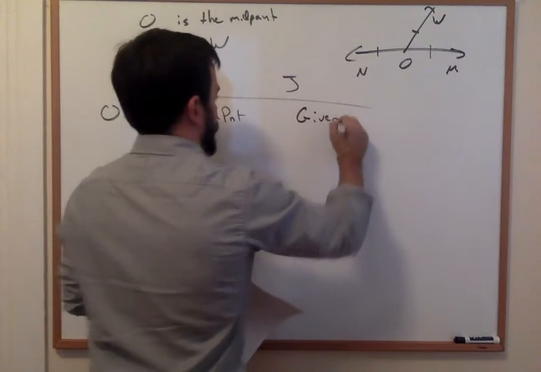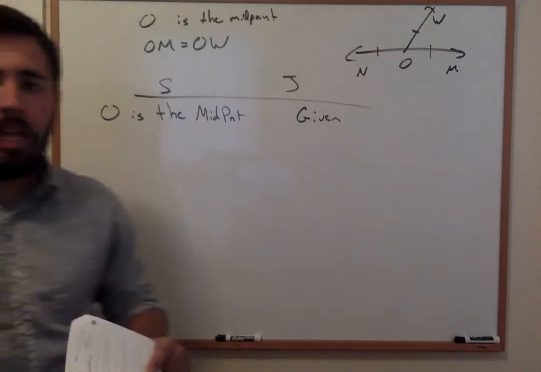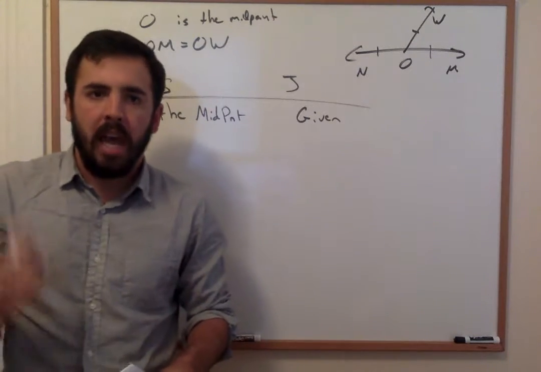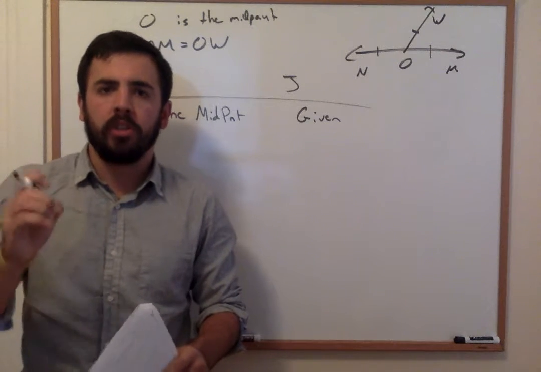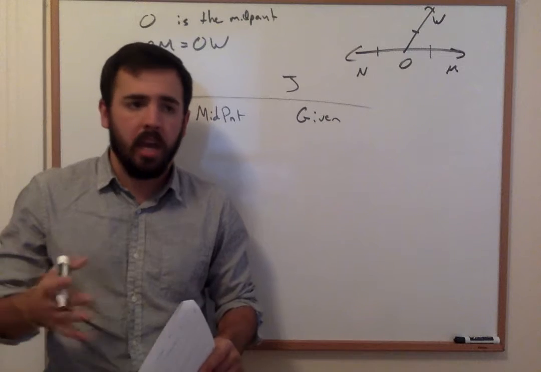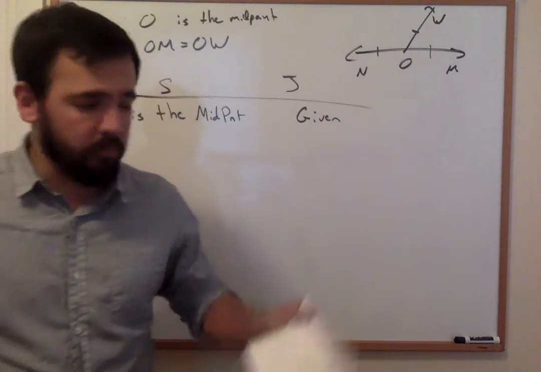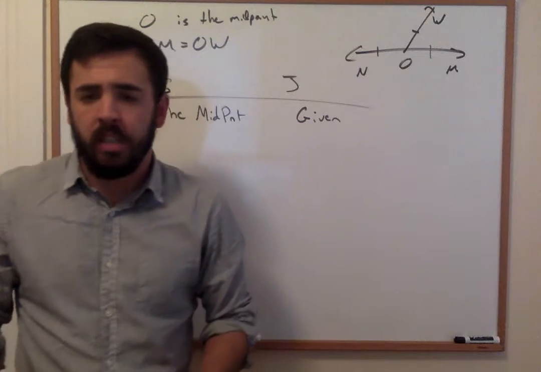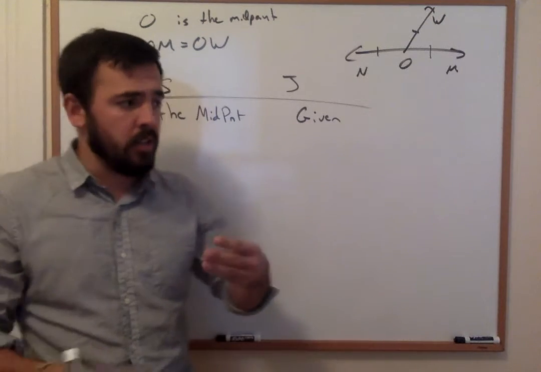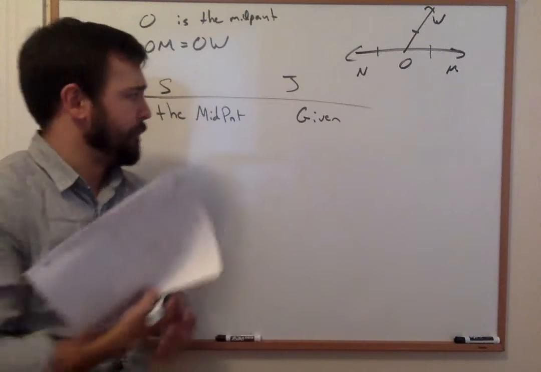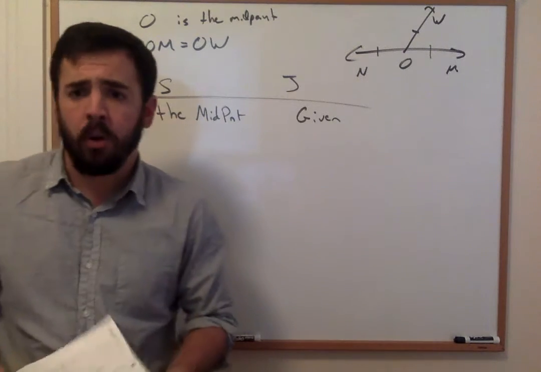Now, you will not be successful with proofs unless you have a firm understanding of the different theorems and definitions that we have encountered. And that's just a matter of fact. So if you're not creating flashcards for these definitions and theorems, then in the long run, you're going to be shooting yourself in the foot